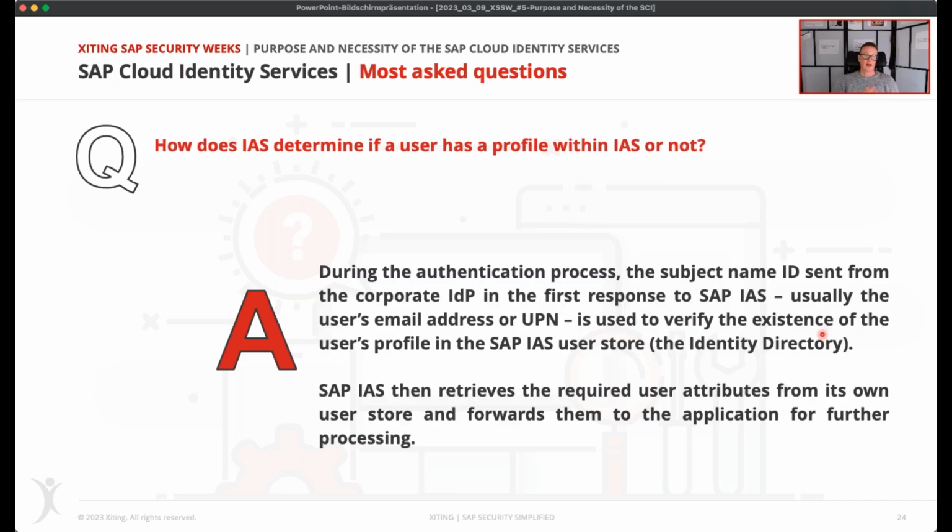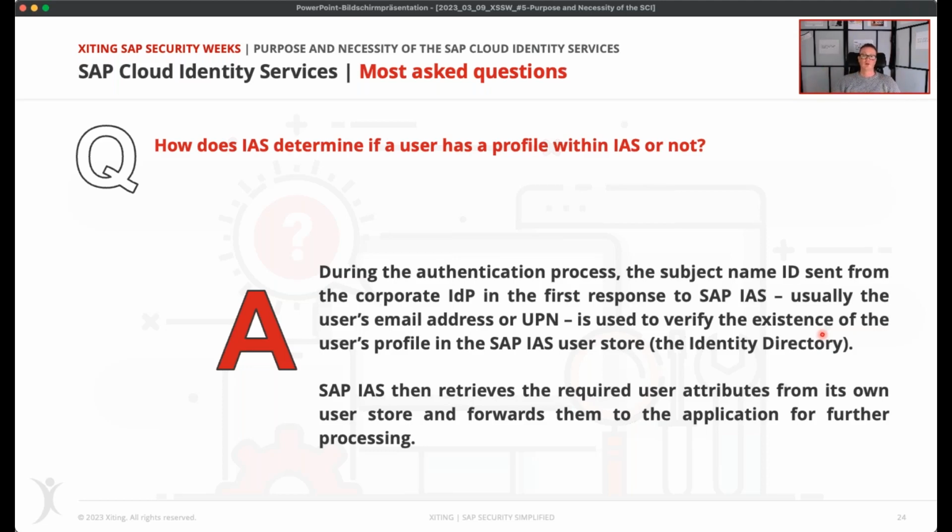Next one, how does IIS determine if a user has a profile in IIS or not? And that's really easy. It's during the authentication process. Whenever you connect it as a proxy, so you have exchange of trust, the corporate IDP will send the first SAML response to the IIS.